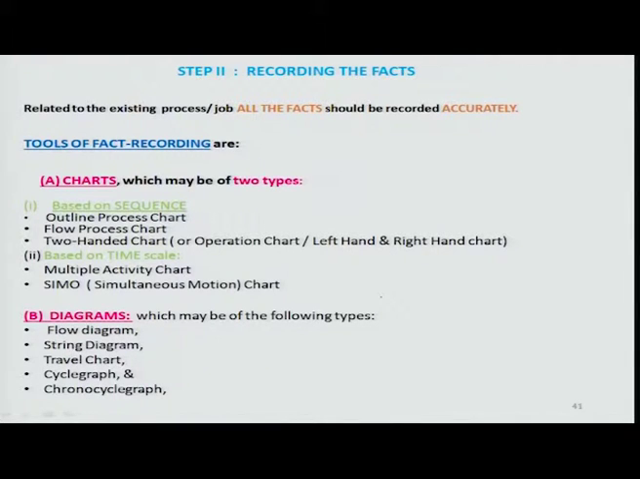And so, there are certain tools which are provided by various practitioners, which are responsible for fact recording, I would say abridged fact recording on a piece of paper. And these can be related to charts which are based on sequence of processes, or charts which are based on time scales. The sequence charts could include things like the outline process chart. I will come and explain these on an individual basis a little bit later, but